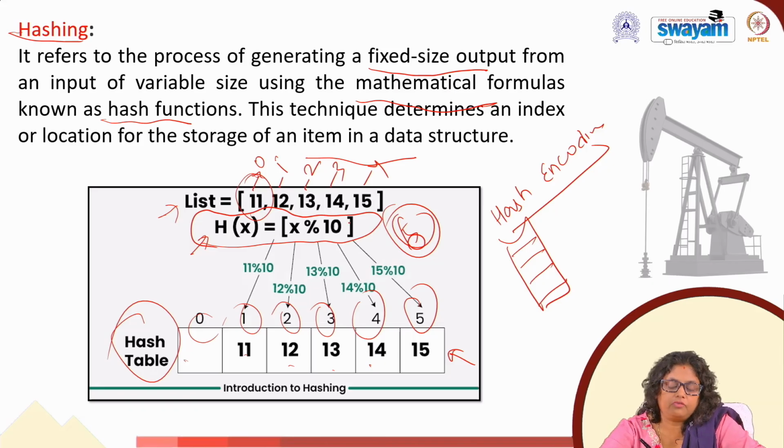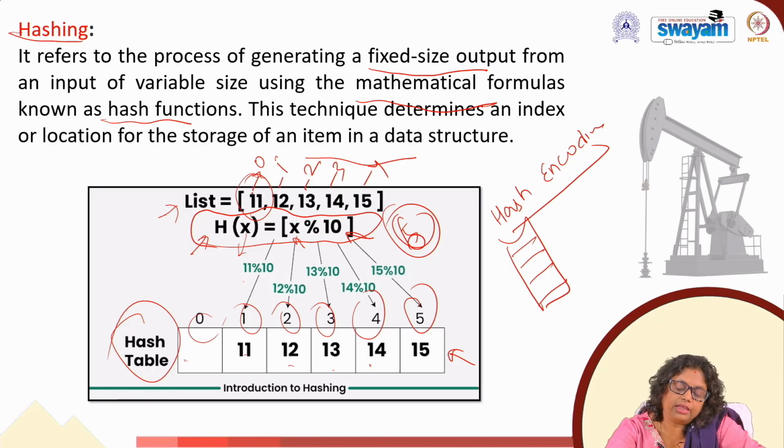some mathematical formula. So what is that? Hx, as hx is the hash, and x is the key. So 11 is my key. So 11 modulus 10. So what does it give? This is the formula I have put. Okay, 11 modulus 10. So this is some kind of division I am putting in.